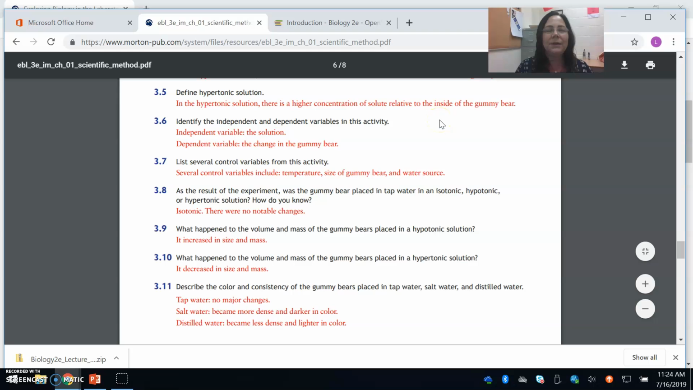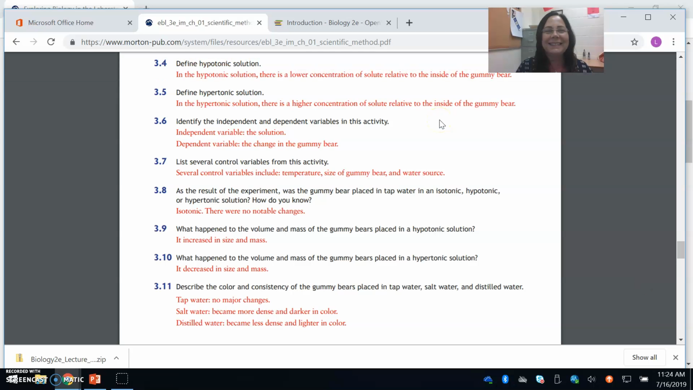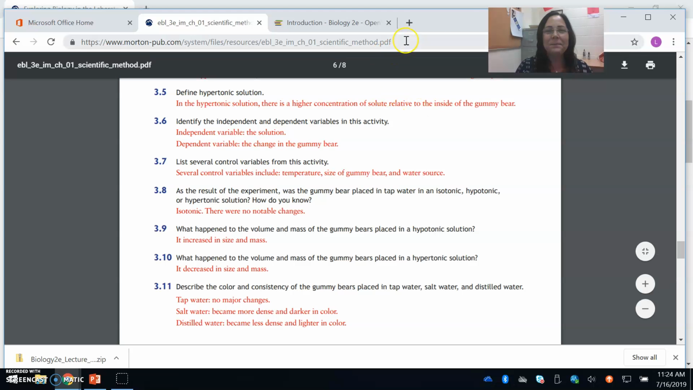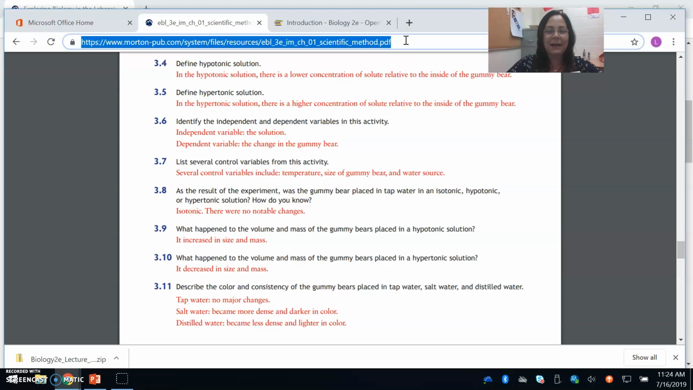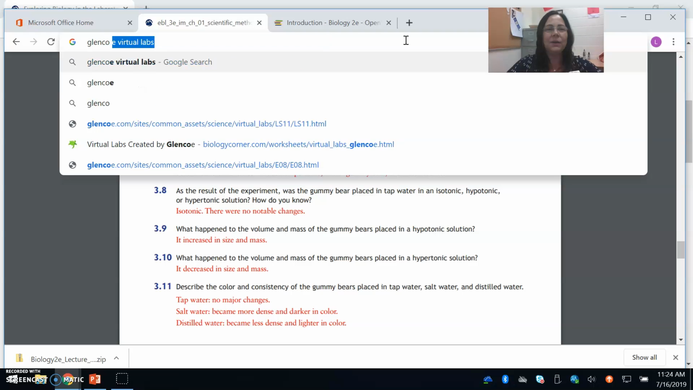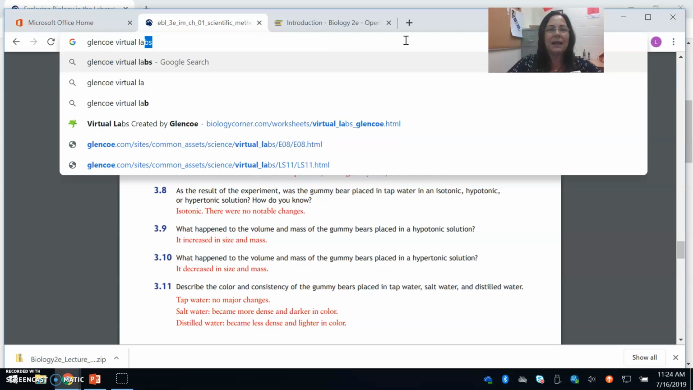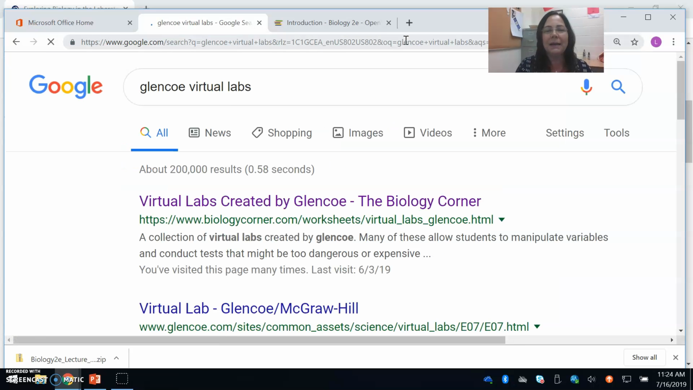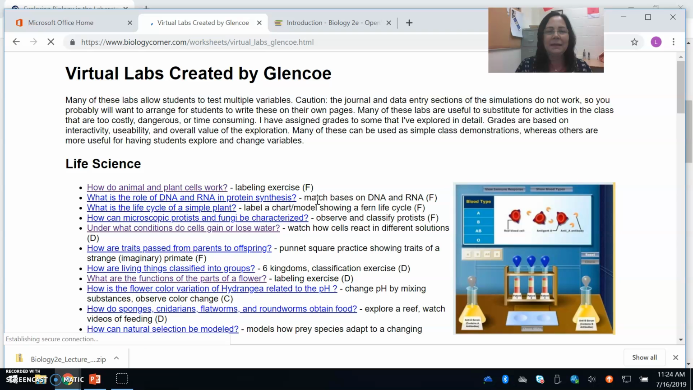What else did I tell you? The lab manual, the textbook. Oh, okay, virtual labs. So I use Glencoe virtual labs to supplement the labs that I do in the classroom. And this is how I do it. So one that I just had my students do,